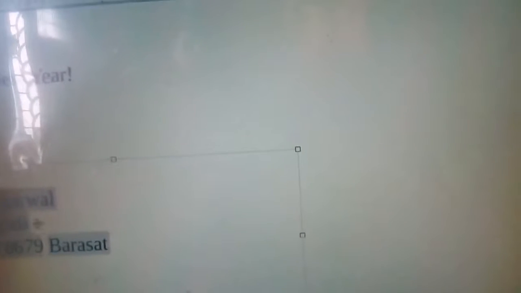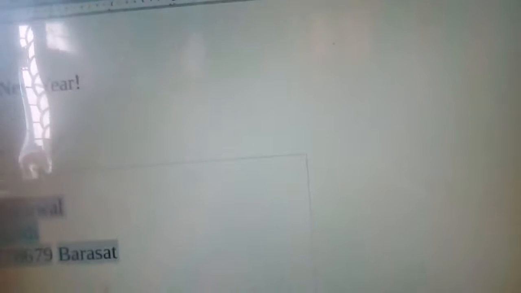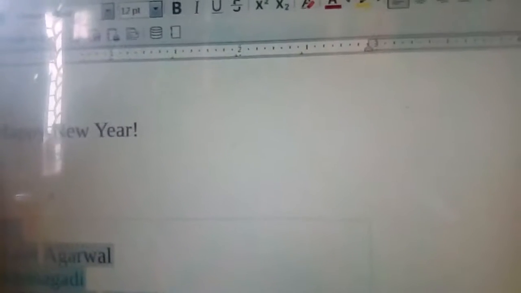Suppose this one, you have to select this. Then whichever one you don't want, you have to click on the exclude checkbox, then that message will not go to this recipient. Okay, so you can do this.